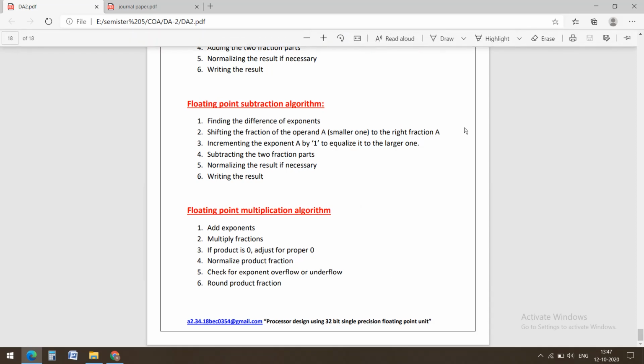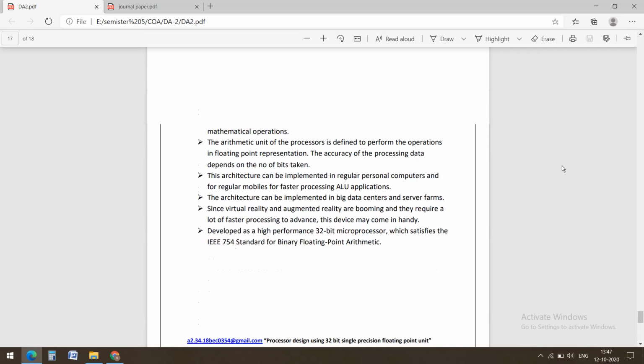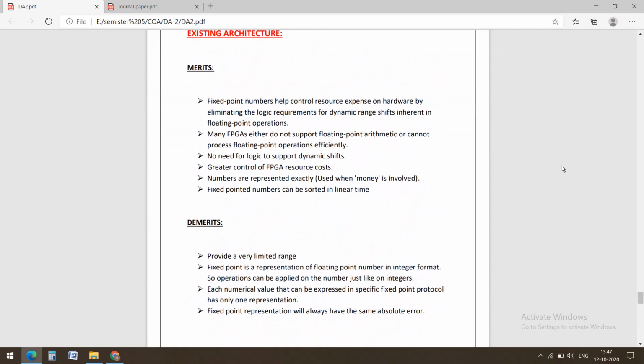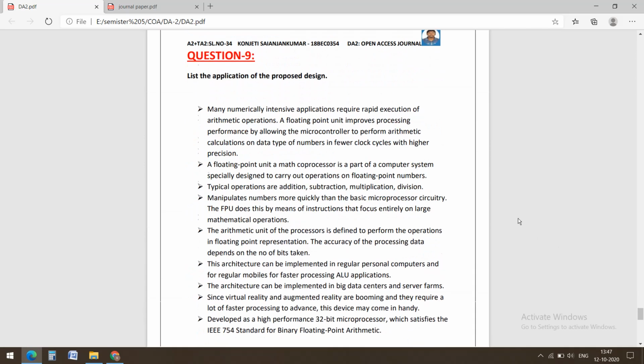So this is the assignment. The main problem I faced was first selecting the journal paper, which is a big issue because there are many people, and we need to avoid choosing the same thing.